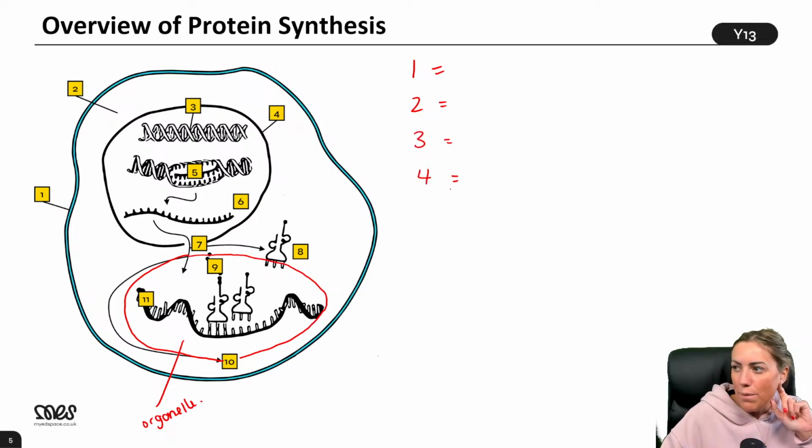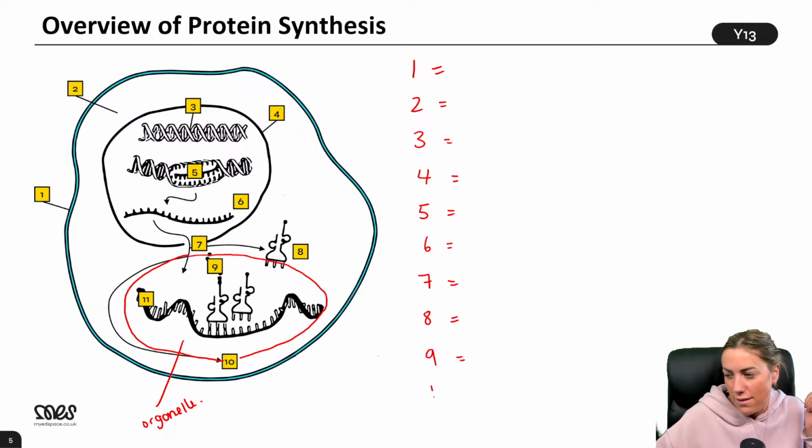Some of them are a little bit ambiguous, but I suppose that just means there's a couple of options you could give me that would be correct. And we'll see how we get on. Yeah, I think there's a few that you could argue a couple of different things for.